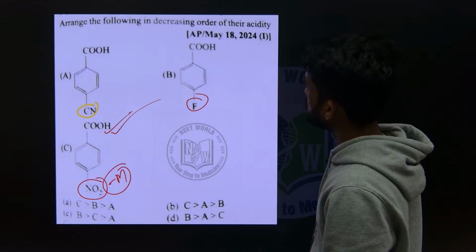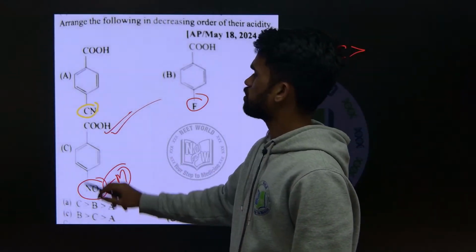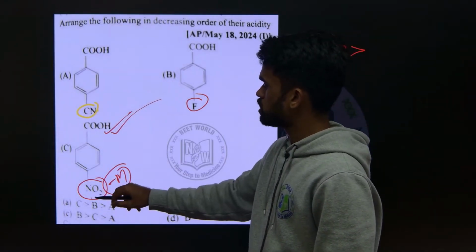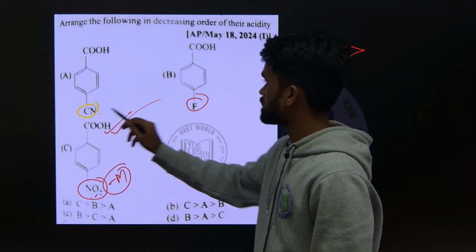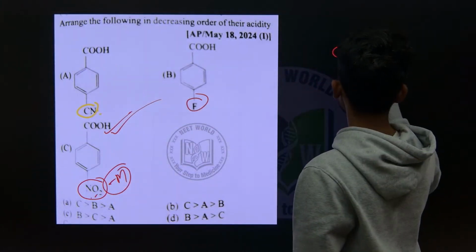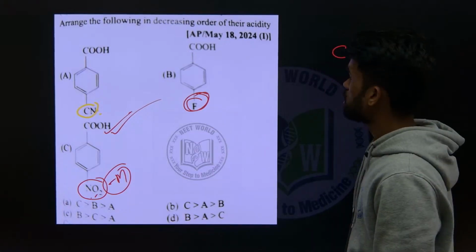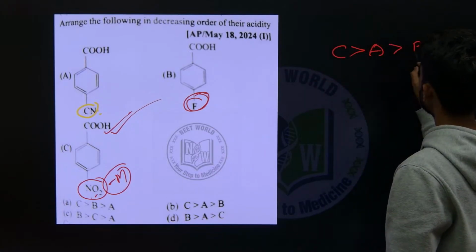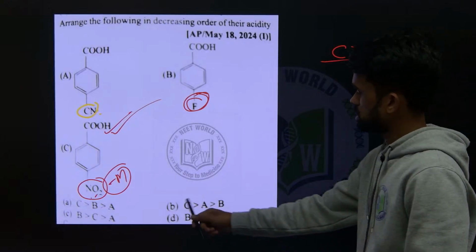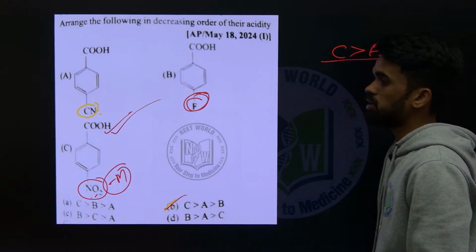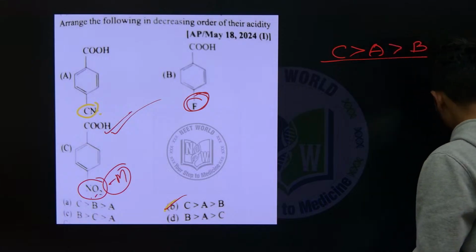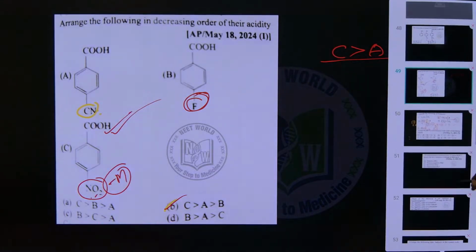Then next, between cyanide and nitro, nitro has more minus M effect, the next is cyanide, therefore A will be more acidic, and this is weakly deactivating the ring, so I can say B here. So C, A, B, second option. Option B will be your answer for the question. Okay, right. And the next,